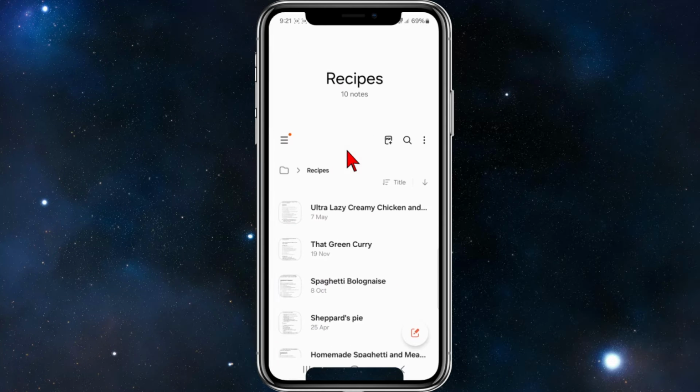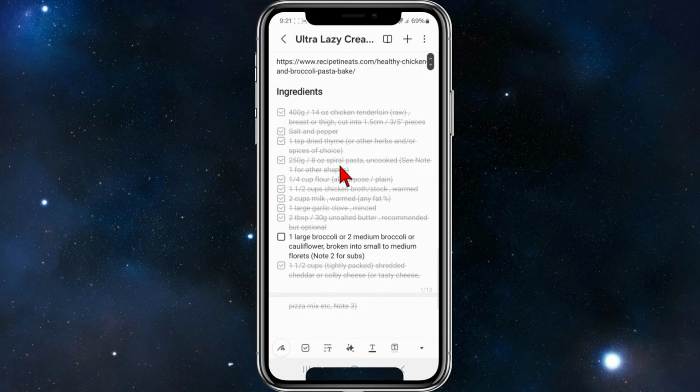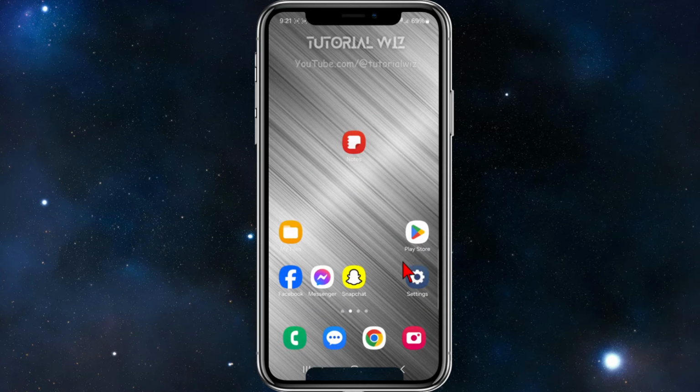Okay, so I'm just going to jump into my notes here. You can see my notes font size has been set to this. So if I want to go ahead and increase this font size, I need to go back, head over to